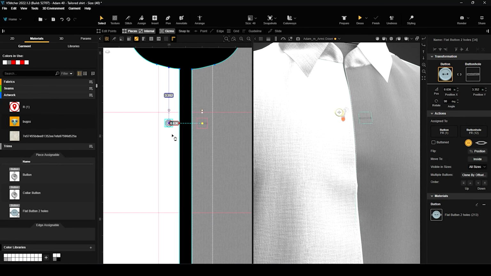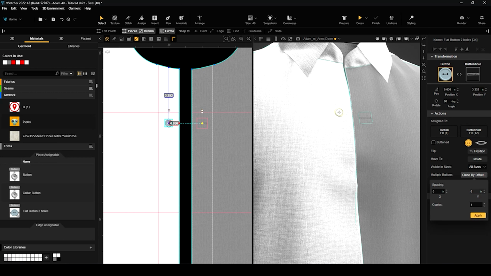So I want to create a couple clones. If I want to create some clones, under this Actions area, there's a button that says Clone by Offset. When I click that, I can choose the spacing either in the X or the Y, so horizontal or vertical, as well as how many copies. I want to clone them in the Y, going up and down, and I want to create, let's say, 2